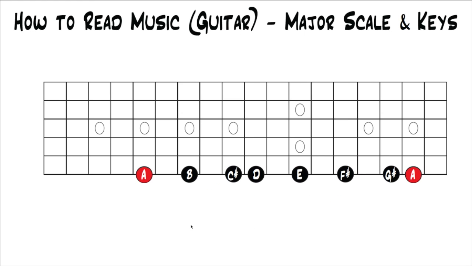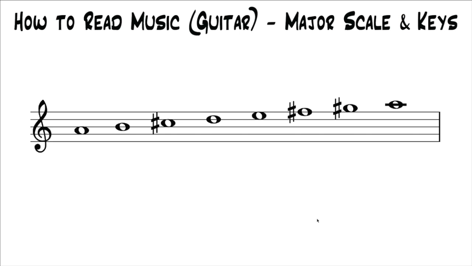So the notes in the A major scale are A, B, C sharp, D, E, F sharp, G sharp, A. And if we were to look at that written out in musical notation, it would look like this. Here's your A, here's your B. This is a C note right there. It has a sharp in front of it, so it's a C sharp. D, E. This is an F note with a sharp in front of it, so it's F sharp. G has a sharp in front of it, so it's G sharp, and back to A, which is an octave